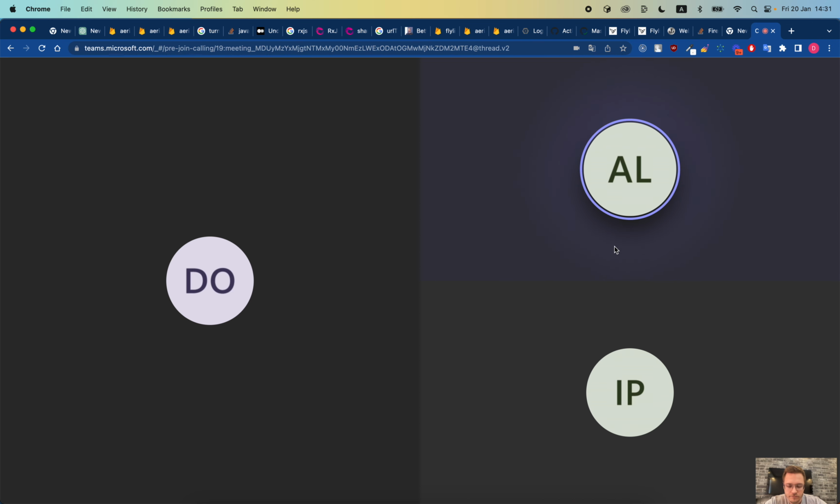Okay, so can you please explain how dependency injection works in Angular? Okay, so